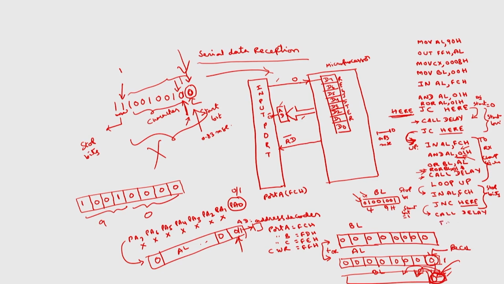Again IN AL, comma, FCH, same logic. Jump not carry means the second stop bit is not 1. So, in that case also I will go again to the starting of this logic here itself. So, again I will start from the start bit onwards, because that is not a valid character. If the second stop bit is also 1 after a delay also,